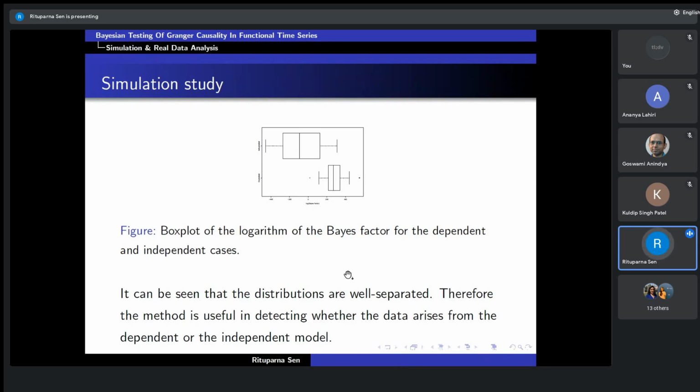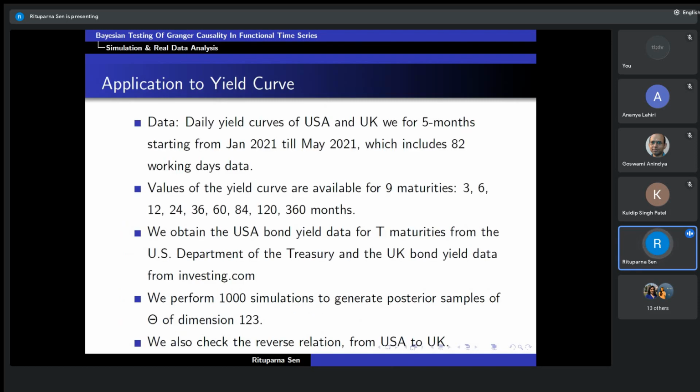So that was encouraging. And then I think finally I will present the real data analysis. So this is the data on yield curves for USA and UK, and we looked at 5 months starting from January to May 2021. There were 82